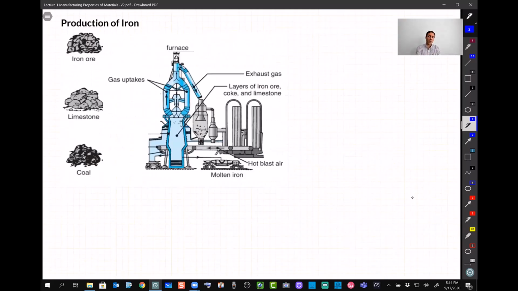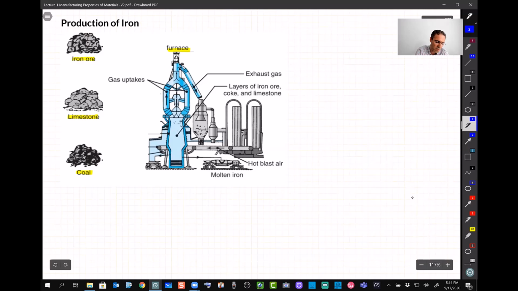All right, so if you recall, we categorize metals into two main categories, ferrous and non-ferrous. The ferrous metals were iron and steel. How we make iron, again, I posted a video for you guys, hope you watch it, but simply we mix iron ore, limestone, and coal. We put them all in a furnace,